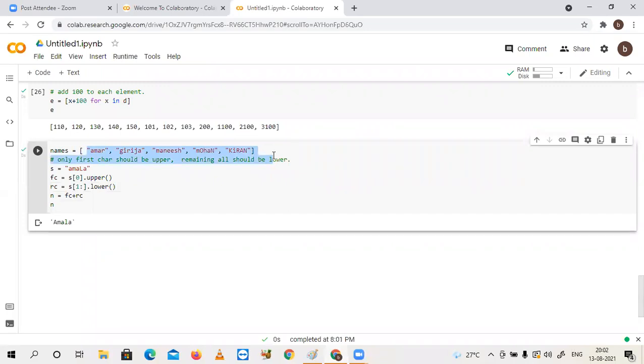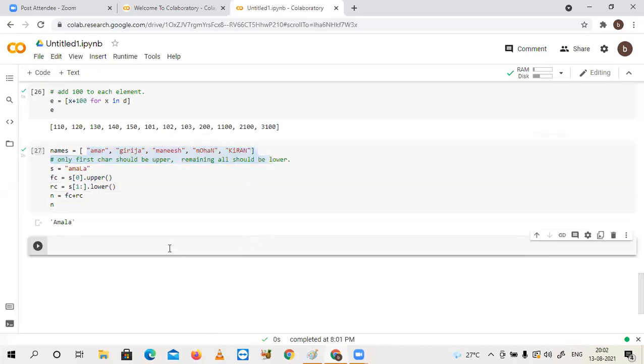So I want to apply this kind of transformation to each and every element, not only for one single value. You already know the transformation technique. Capital N equals to the expression, which is a for loop: for x in names.